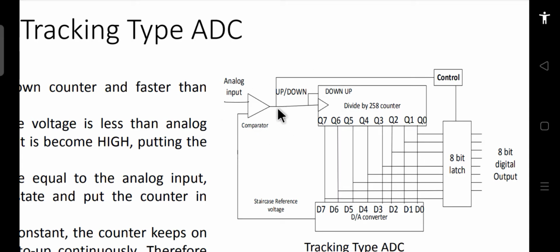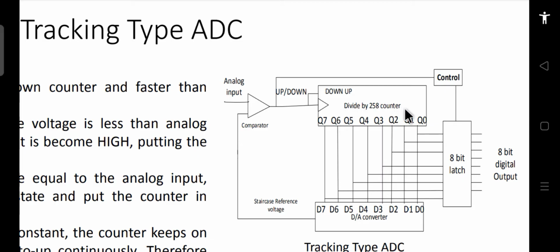When this input value is greater than this, the counter counts in the upward direction, same as in the counter type ADC. But when this input is equal to or less than this, then this output is 0, and the counter starts counting in the downward direction.